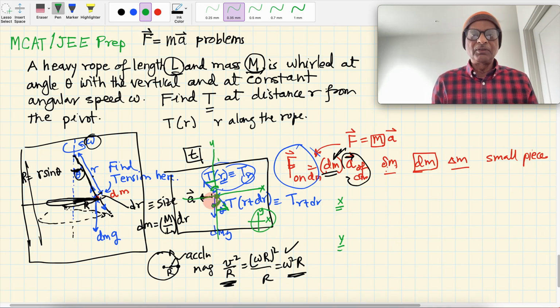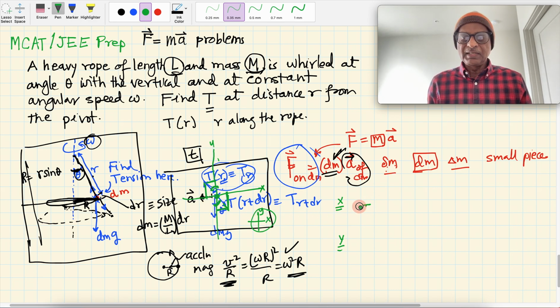Along the y-axis. Along the x-axis is going to be this. This will be positive, and this will be negative. So T at r plus dr, and if this is theta, then this is going to be sine theta,